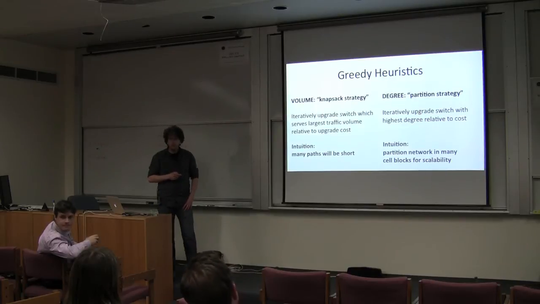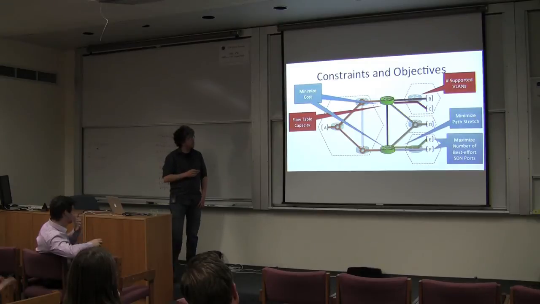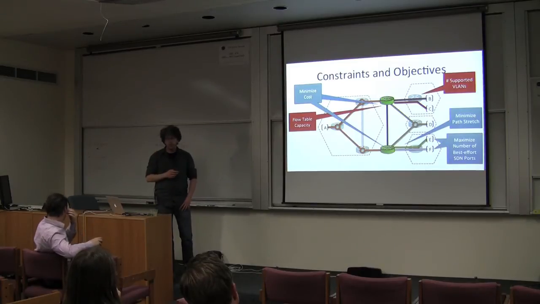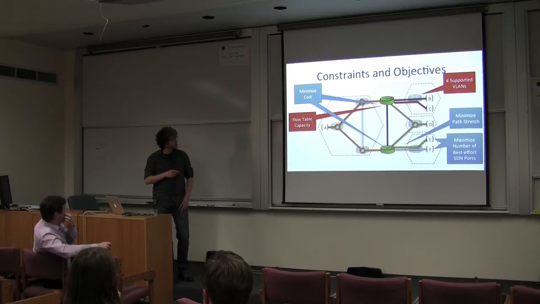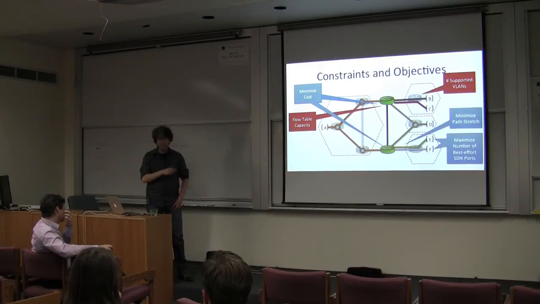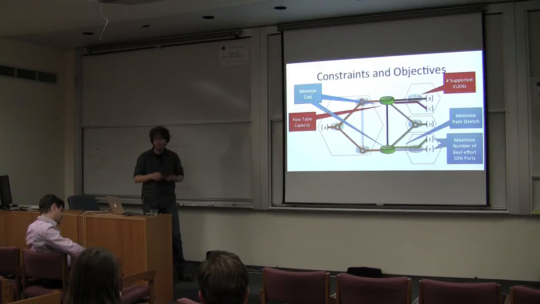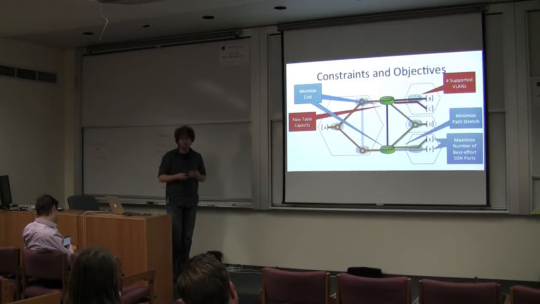Sorry. Where does the bandwidth come into play? So I will get to the traffic model in the evaluation section, but definitely the additional constraints beyond the ones on this slide include the link capacity that you have to deal with, and the traffic estimates that you measure in the network are going to give you a frame of reference